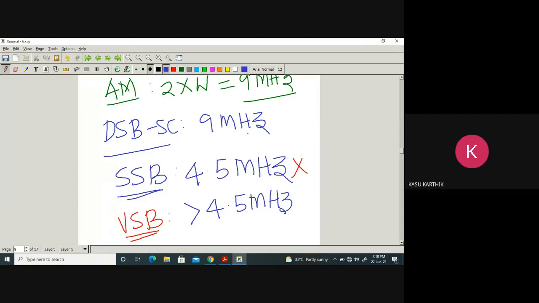So it uses moderate bandwidth, but VSB can be generated for any signal, whether it starts from zero or not, it doesn't matter. Why? Because we don't transmit only one sideband completely. We transmit almost one sideband along with some portion of the other sideband also. Why is it happening? Because of the normal, non-ideal filters that we can manufacture. Obviously, if you use filters with transition, you get some other portions also. It happens. So you just verify.